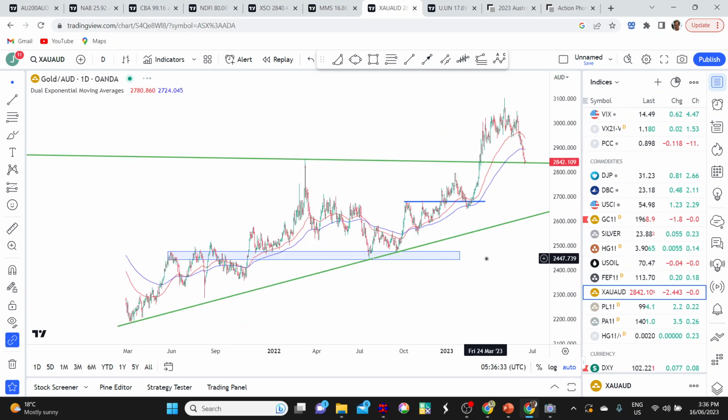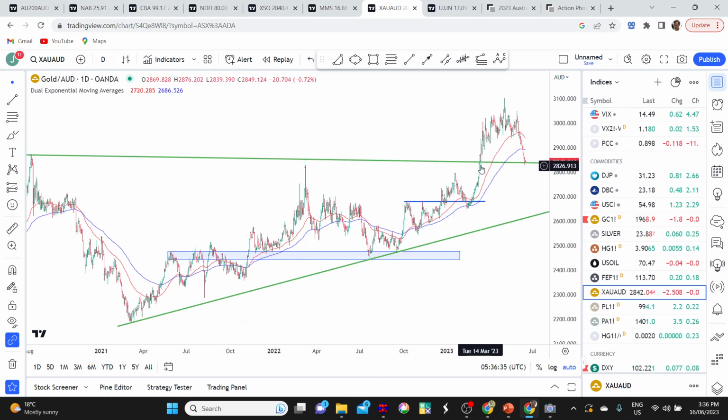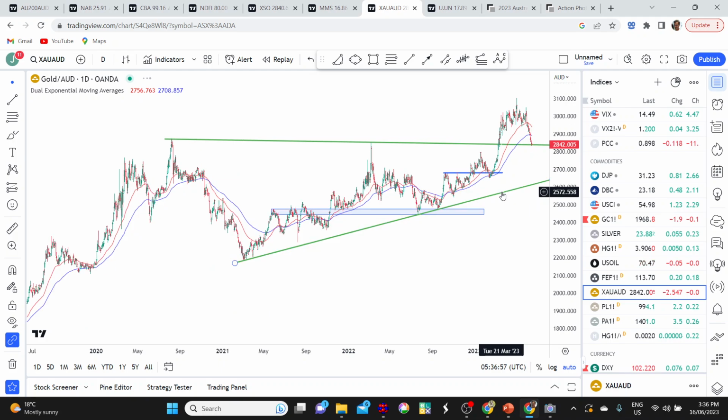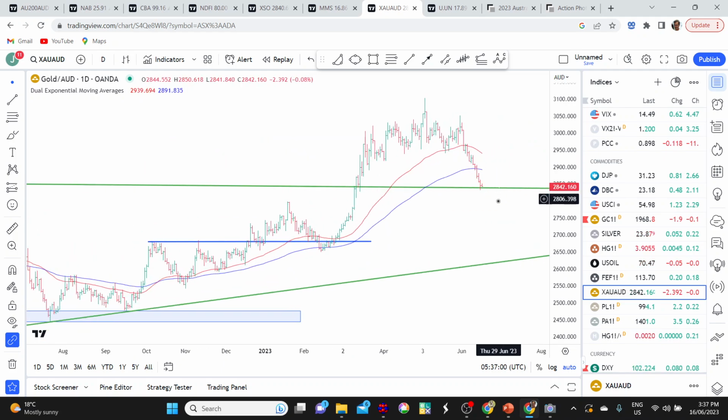We had a breakout back in March, or initially the breakout that we spoke about was back in December, when prices broke out of this little congestion zone. Came back to the moving averages, broke higher, got a good run out of that, and now we're getting a pullback. Moving averages look to be rolling over, prices below the moving averages. So again, just another sign that it doesn't look like gold is in a hurry to move to the upside.